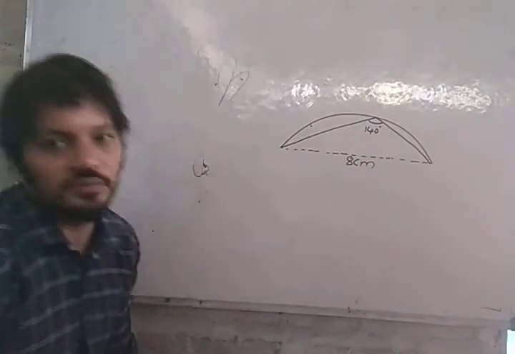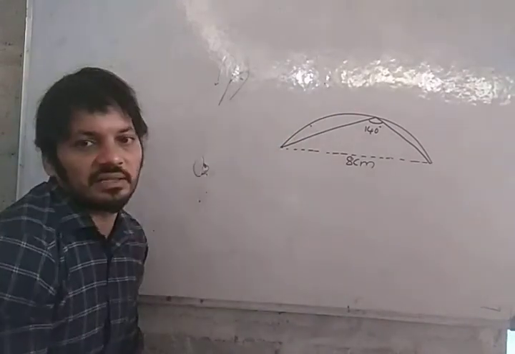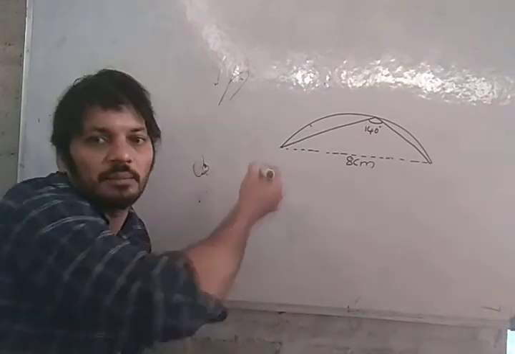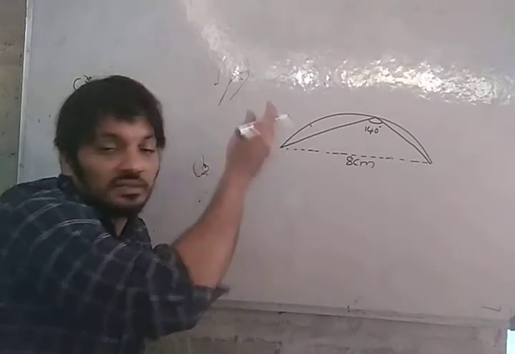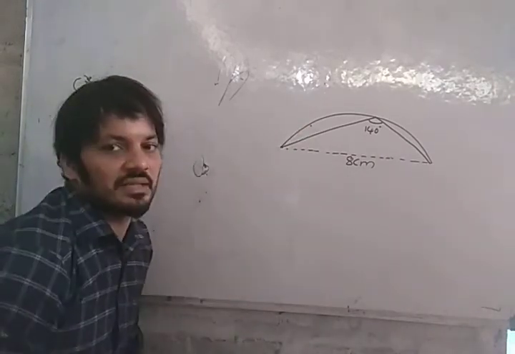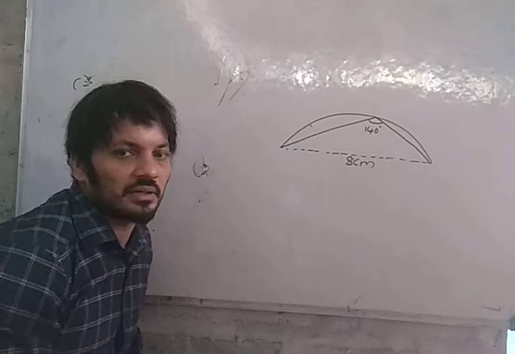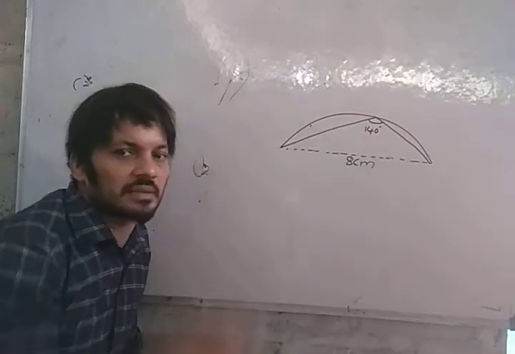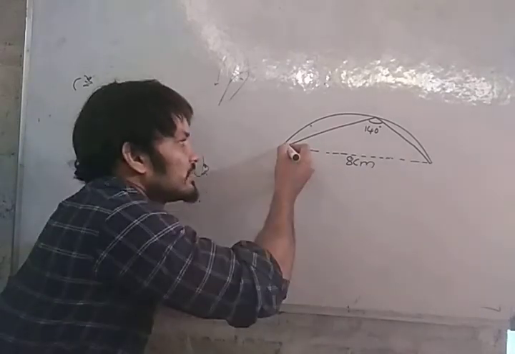What is the radius of the circle? If it is drawn, that is the radius of the circle being asked. So I am completing this circle. Okay, circle completing. It is the part of the circle. If it is a full circle, what is its radius, it is asking. It is not a diameter. Okay, 8 centimeter is not the diameter. It is not a semicircle. It is a part of the circle, a small arc. Okay, I am going to complete it on a rough figure of the circle.